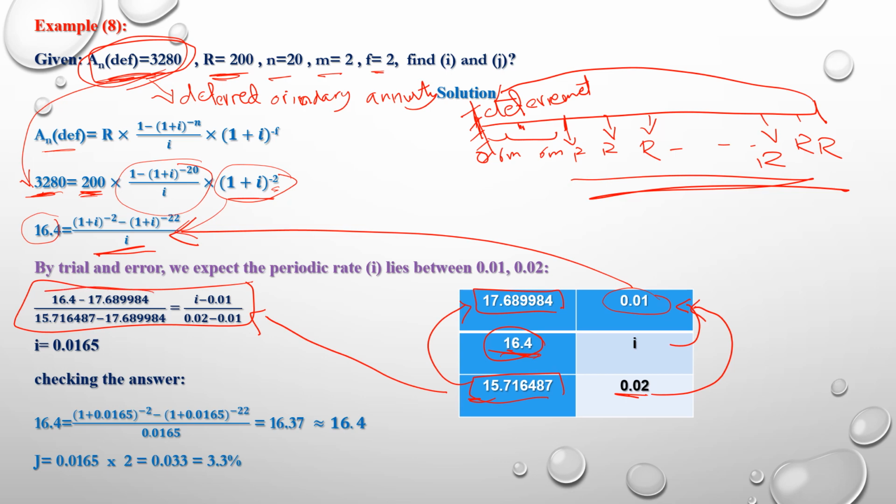By finding this value first, and then multiplying this side by the difference between 2% and 1%, which equals 1%, then i would equal